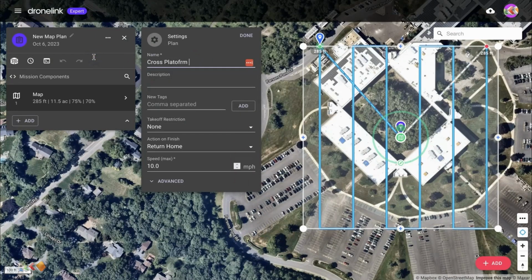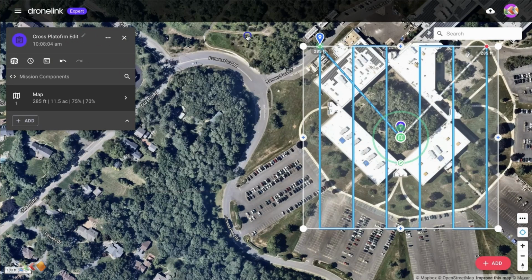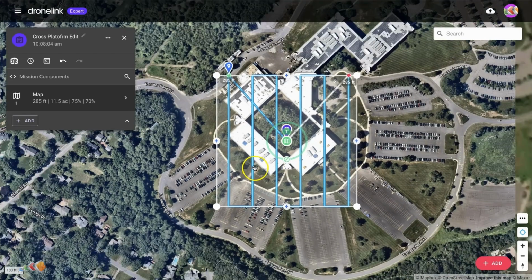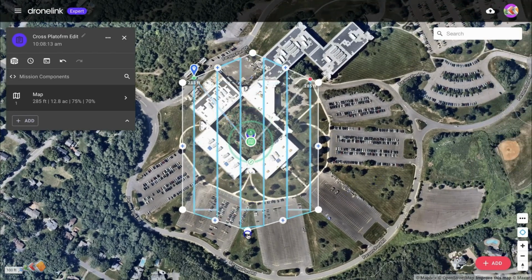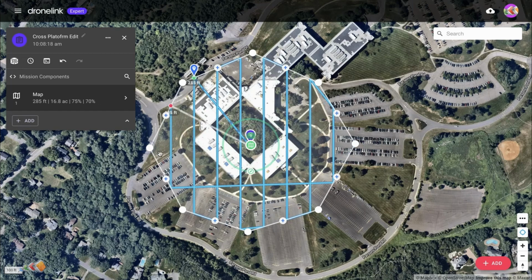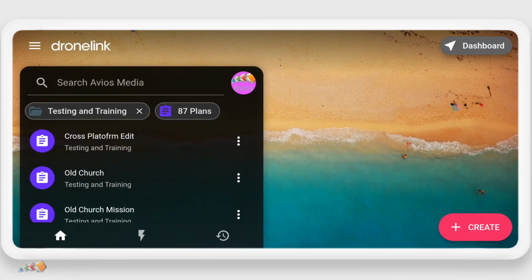We're going to give the map a name, and then we're going to change the shape into more of a circular type of shape, just so that you can see what this looks like when we switch over to the mobile device. Then when we switch across to the mobile device, you can see that the plan we created already